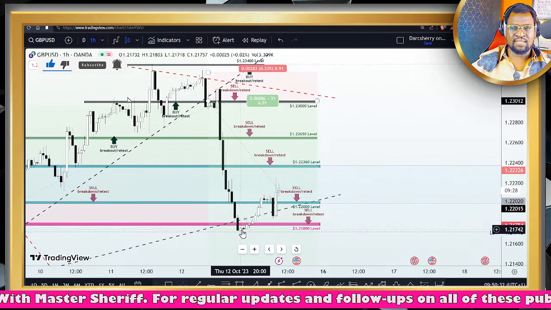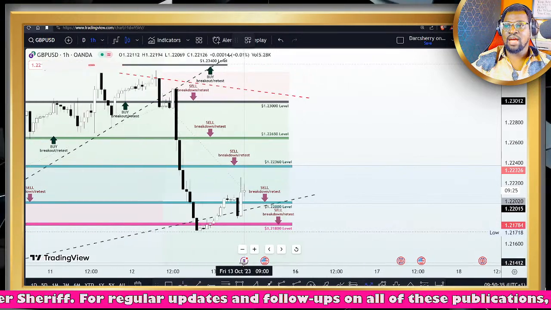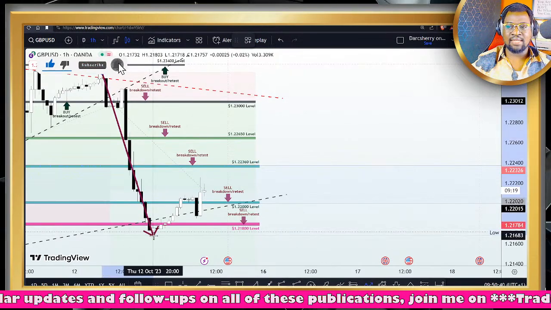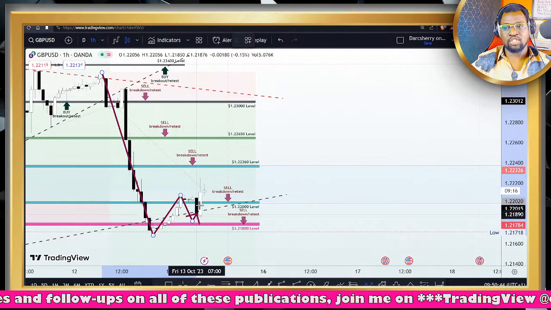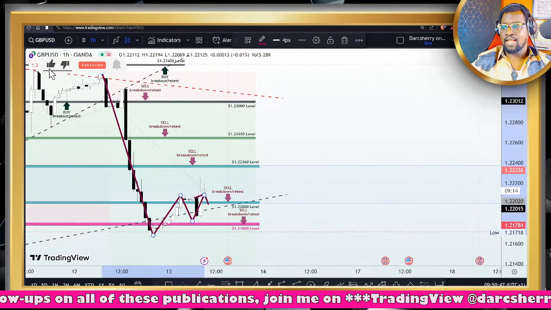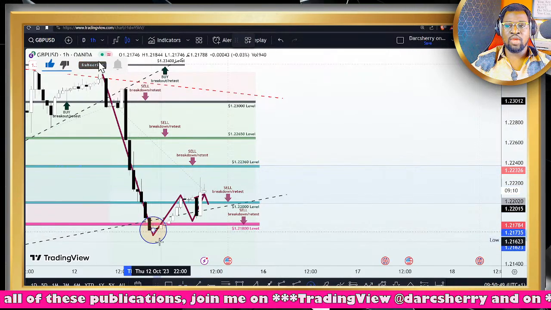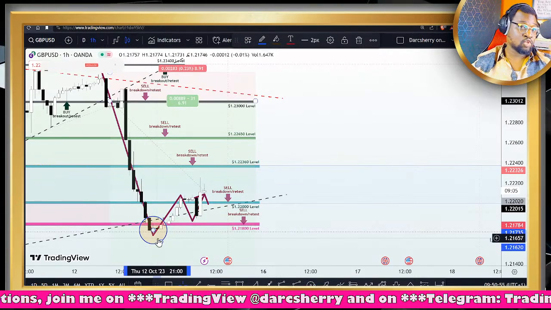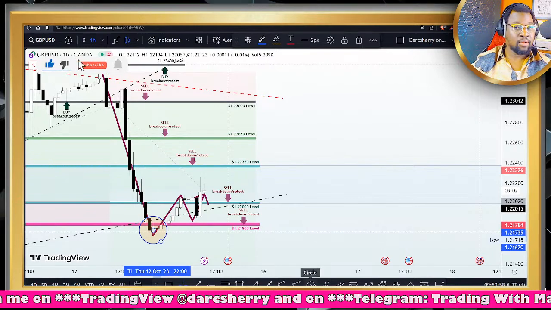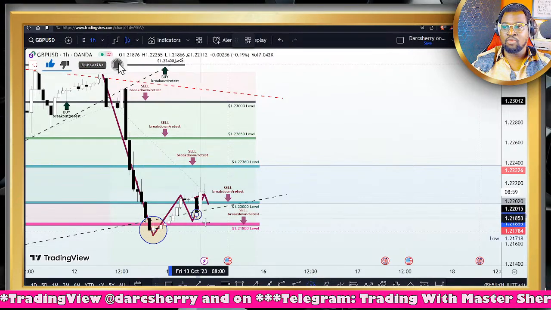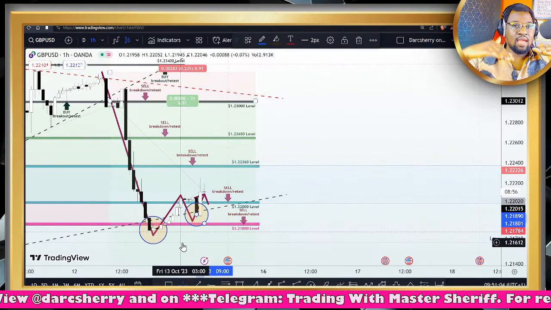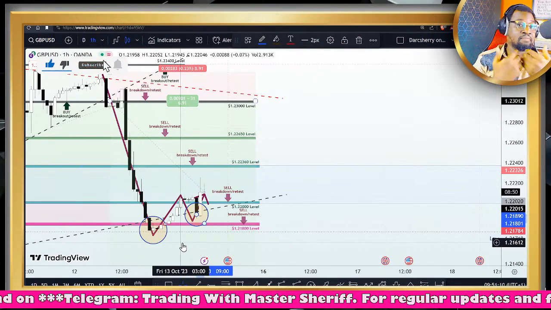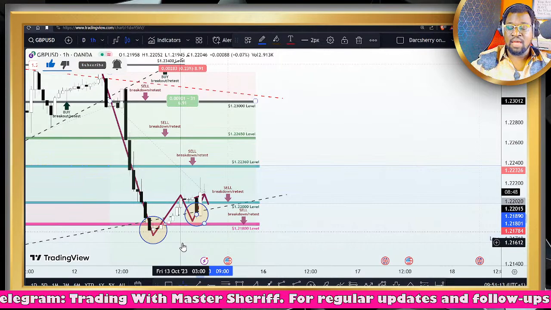Now, if you look at the structure here in the last, how many hours now, I think about 12 hours now, 13 hours now, you will see that price action appears to be gradually transitioning into a reversal pattern in the form of a double bottom structure, as you will see here. Now, the lowest point price action has been for this week is around that 1.21750, and the next attempt by the sellers to break down this low failed, as you will see, just right around the 1.21890, giving us a higher low. And whenever we notice a higher low in the market, it's a clear sign that buyers are gradually gaining momentum behind the scenes.